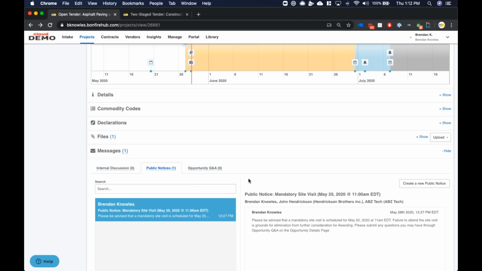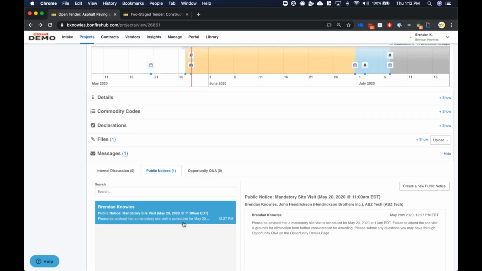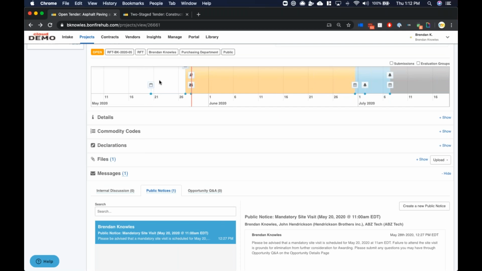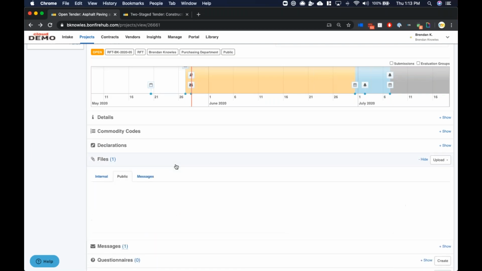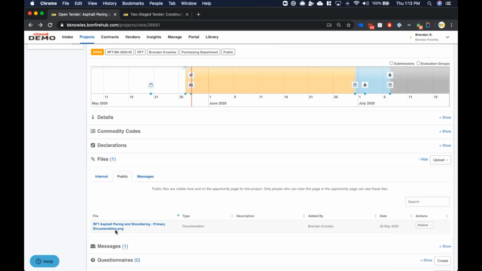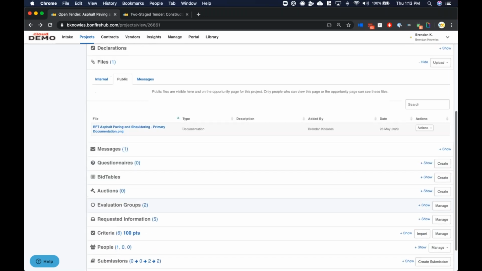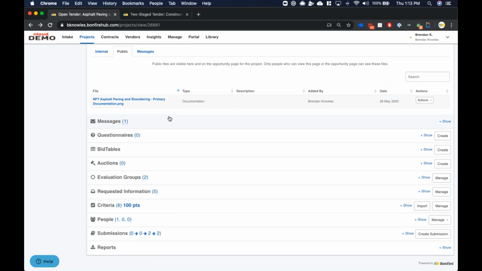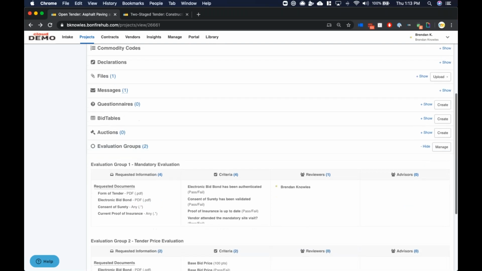So we have two elements here. I'm posting a public notice to push the notification out, and I'm keeping visibility with respect to that event on the project's timeline using a custom event. Some other elements to highlight: I'm sharing the project's RFT documentation as a public file so that the vendors can download it directly from Bonfire. And scrolling down here, I'm not going to cover a whole lot of the information here just because it's either not relevant or just for the sake of time, but I want to open up the evaluation group section